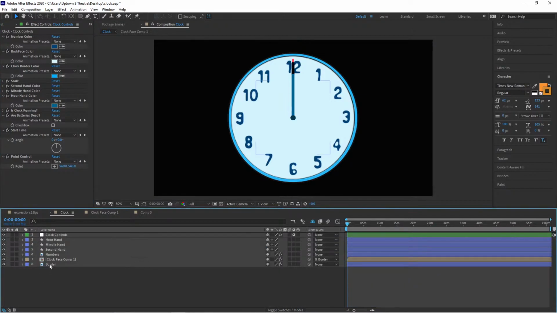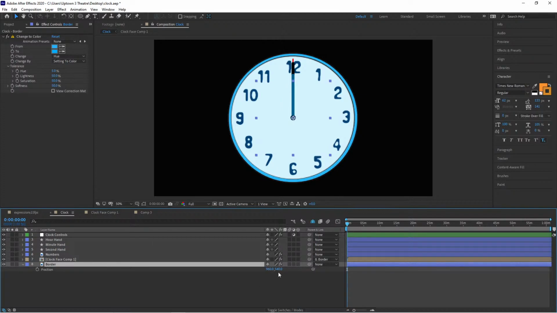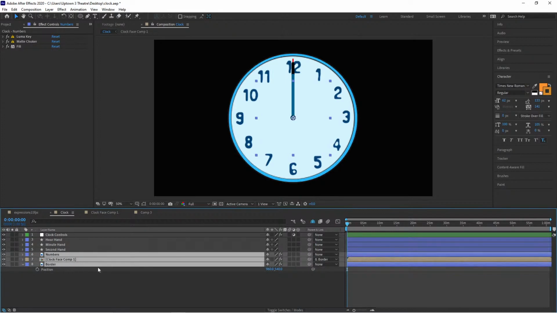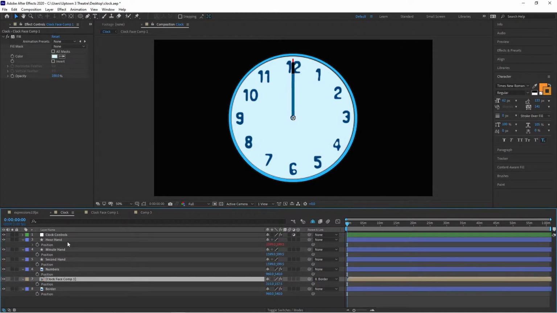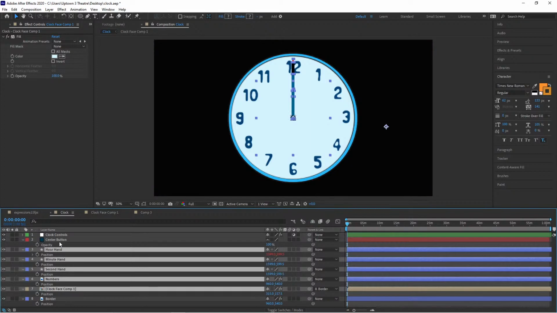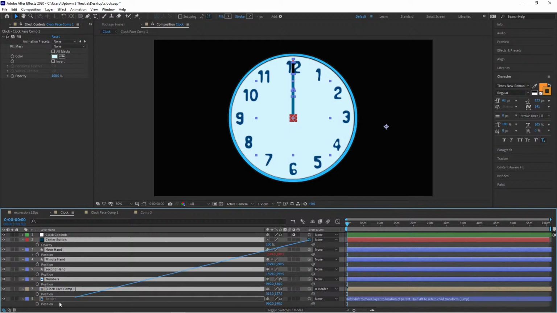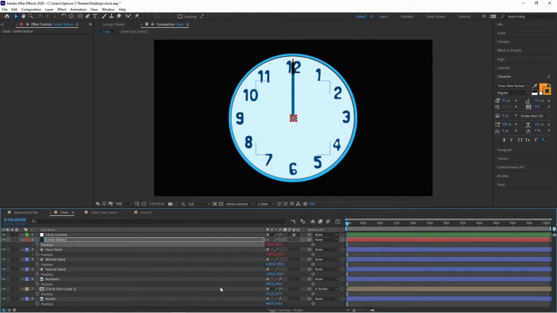Okay, so like our border, if you remember, if I hit P, right? What I can essentially do is take all of these, all of them, hit P. We're going to pick whip their position. Should I unhide our layers? We take all of those, hit P, pick whip their positions to the border position. So now if I move,